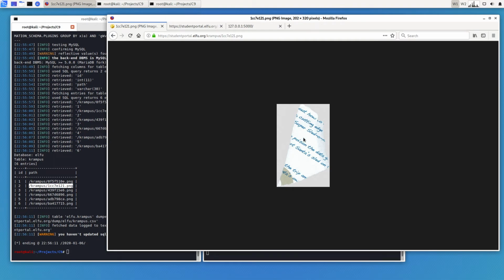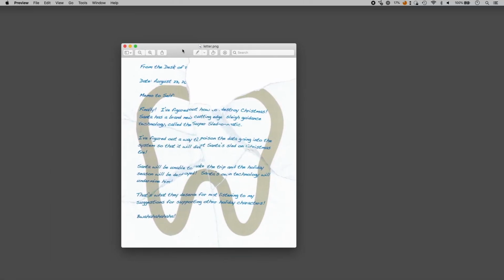So you can download all 6 of these, and then you can start recombining them using whatever image editor you prefer. And so this ultimately gives you the following, which is a letter. Unfortunately, we're still missing a quite critical piece, which kind of identifies who the attacker is. So that's kind of a bummer. But we do have the answer to the question, namely,